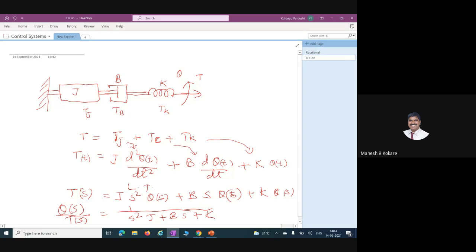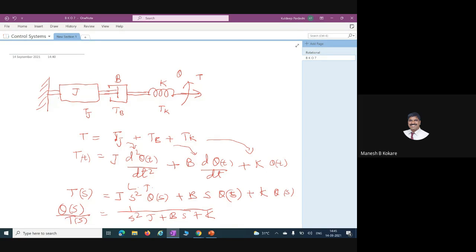Okay, so how have you obtained this? See that this is the applied torque, and the applied torque is equal to the opposite torque. There will be opposite torque offered by the inertia element, then the rotational damper, and then the spring. The torque offered by the inertia will be Tj, the torque offered by the dashpot element will be Tb, and the torque offered by the spring element will be Tk. We know how to obtain Tj, Tb, and Tk individually. So that is equal to J into d2 theta(t) by dt square plus B into d theta by dt plus k into theta(t).